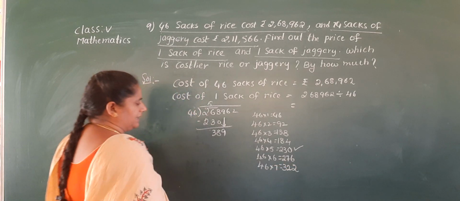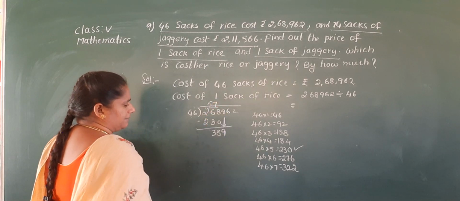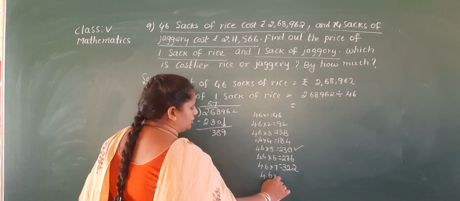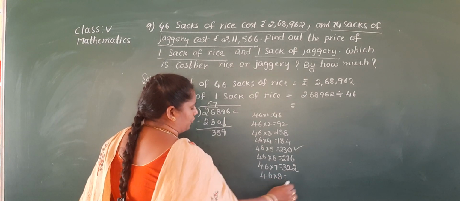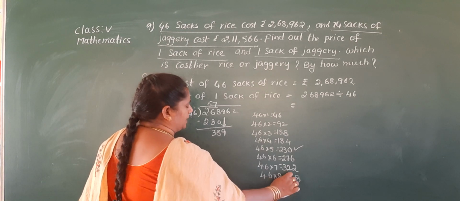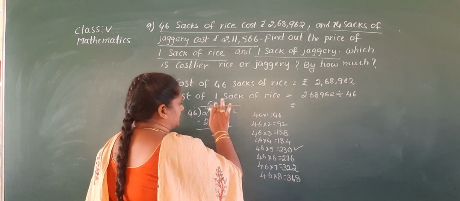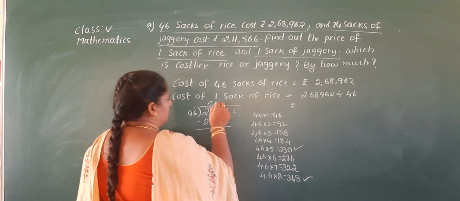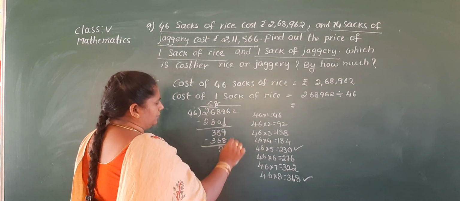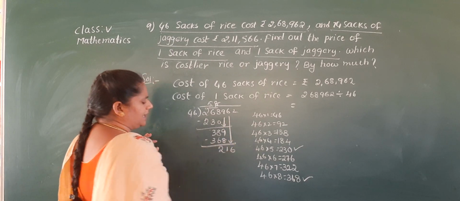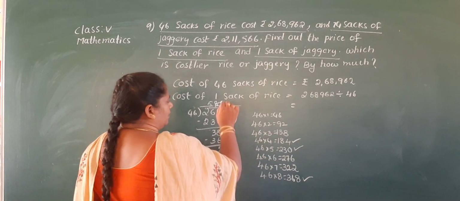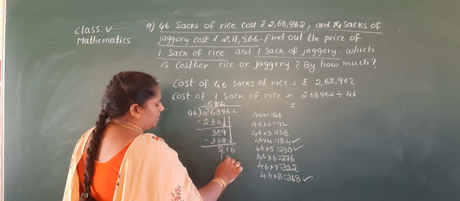Okay, 7 times is the nearest number. And again we'll check it 8 times also. 8 6 are 48, 4 in hand, 8 is down, 8 4 are 32 plus 4, 36. Yes, this is the nearest number. 8 times we write 368. 1, 2. Take down 6. 216 nearest number is 184. Write 4 in the quotient place.